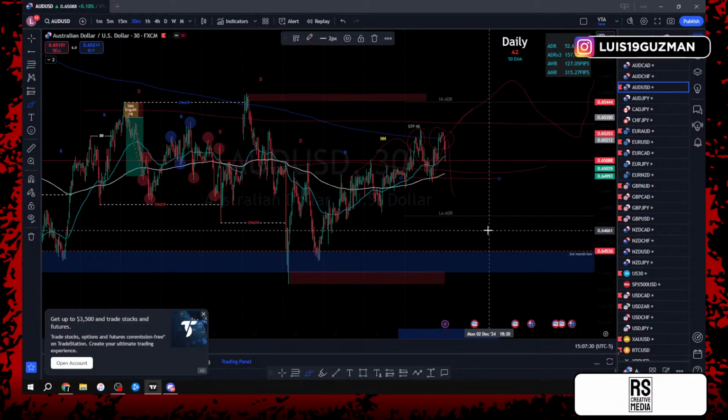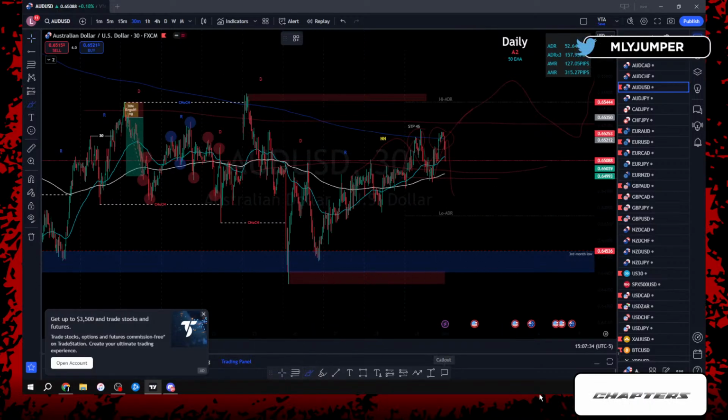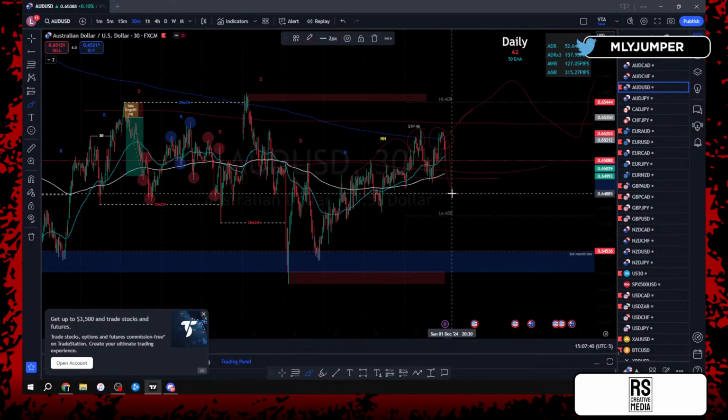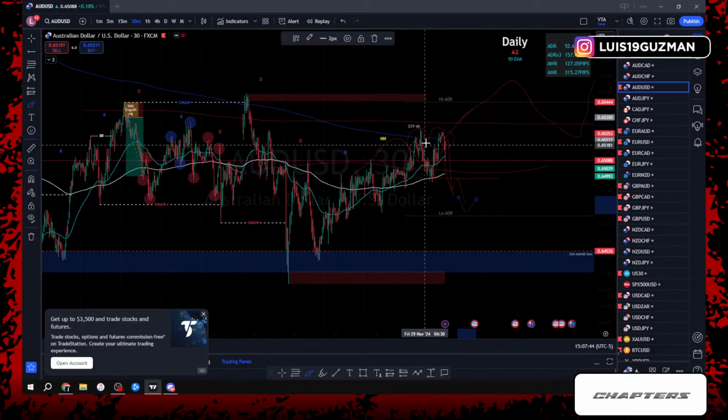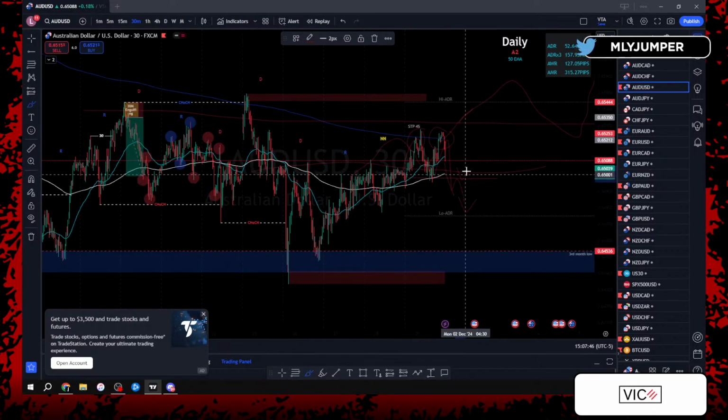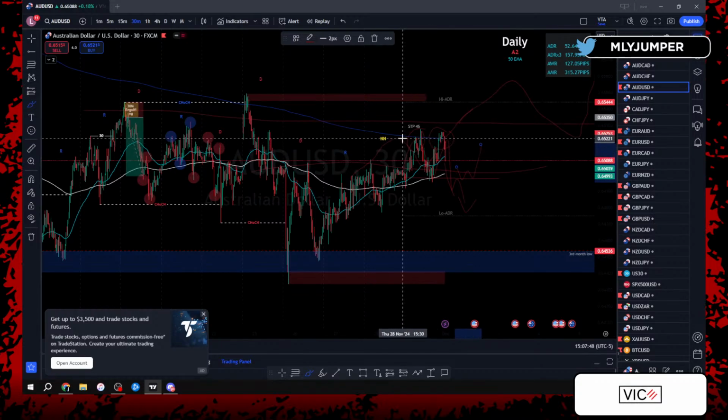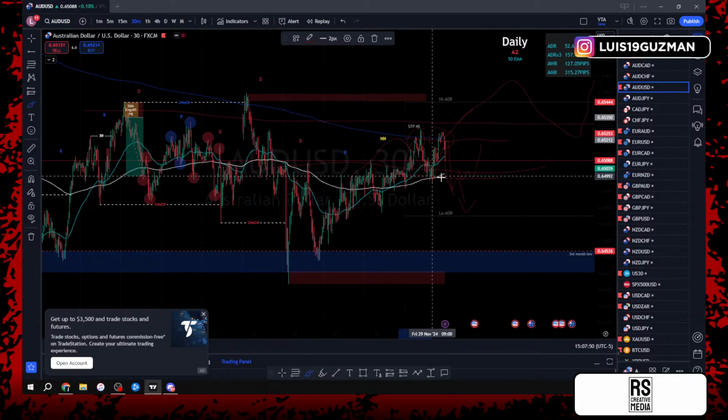The confirmations are a break of these lows. We already know the market opens Sunday tonight at 5 until tomorrow morning. If price gets to these lows and we start breaking lows, then we know we're going to continue that push back down to the bottom. But if we reject these lows and start pushing to the top side, we know we'll be looking for a break of these highs or a break of these lows.